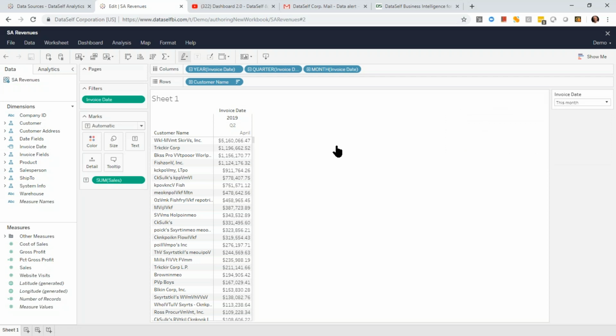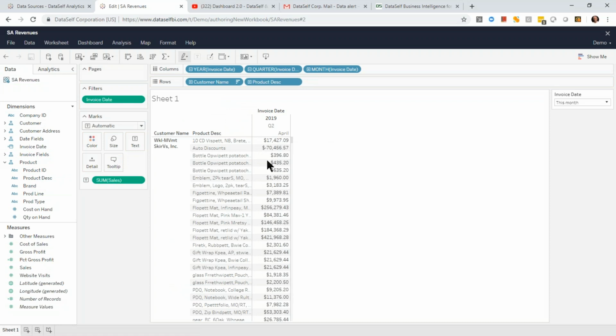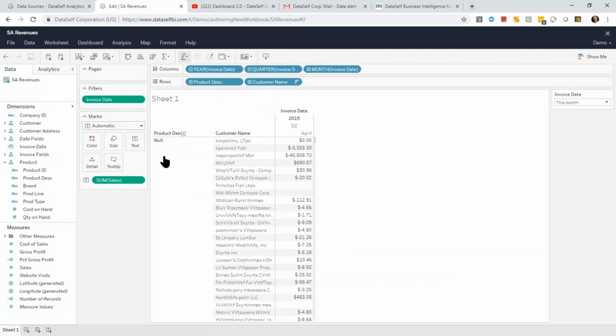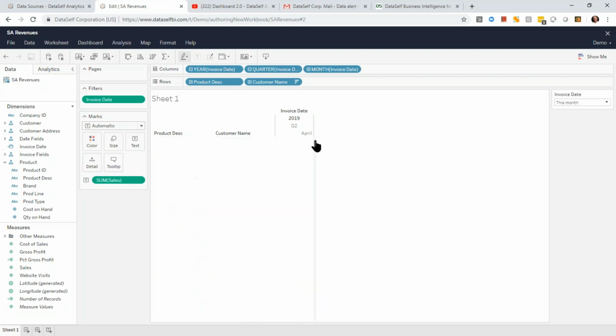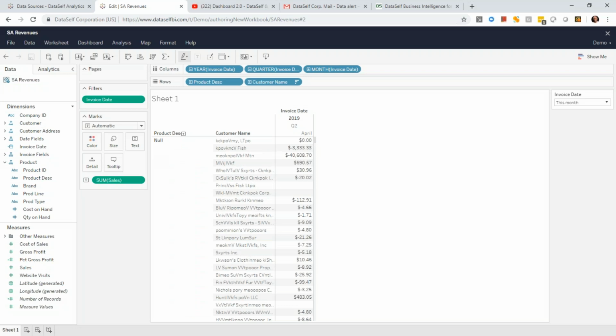Okay, but I want to see by product as well. Well, if you know how to drag and drop, you can do it. You find product description, let's say, you drag and drop into the report. So right now, by customer, by product, I see my sales. And if you want to see sales by product by customer, you just reverse the order. You put product before customer, and right there you have now by product, by customer, your sales. So it's very, very straightforward for a user who knows how to drag and drop to build this report from scratch. Okay, so that's my first report out of this new dashboard.